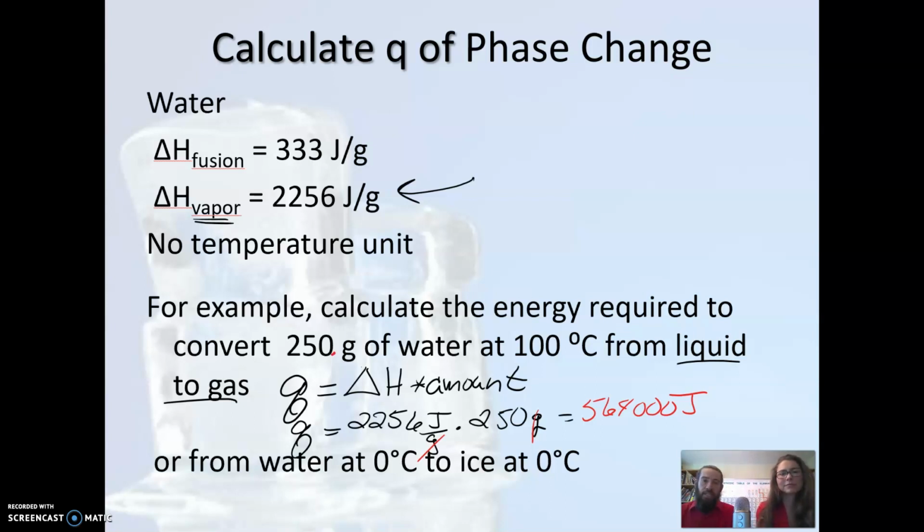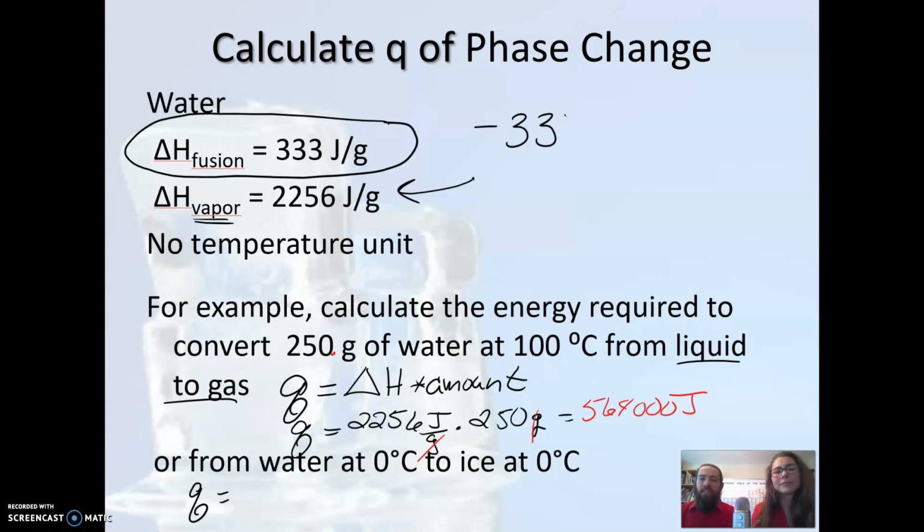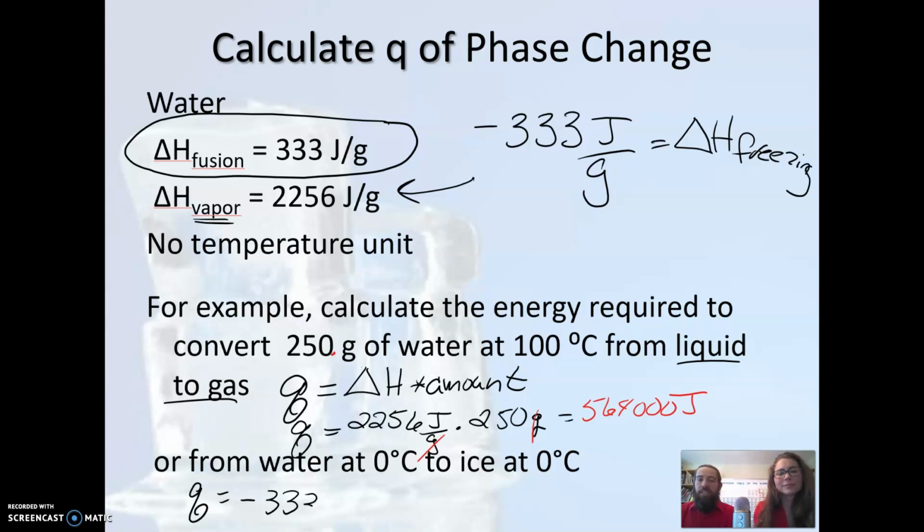This is the phase change we're calling fusion, but we're going from water to ice. So we're actually freezing, and that means that energy is being given off. We're going to use the heat of fusion value, but we're going to give it the negative sign, just indicating the direction of the energy flow. So again, Q equals the mass times the heat of fusion with the negative value,